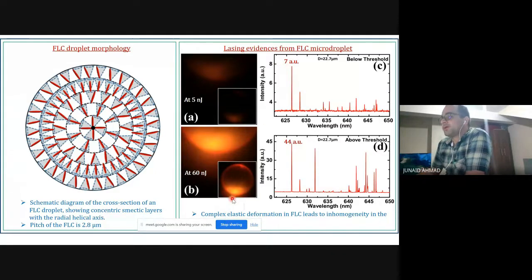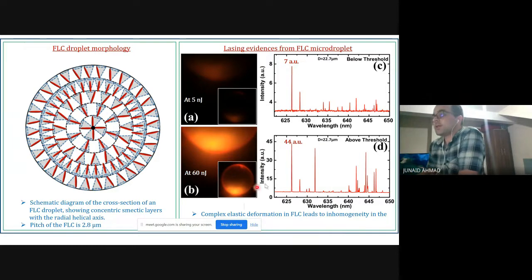And when we keep on increasing this pumping energy, we find that the speckle gets in a strong contrast, which actually shows coherent emission here, and the light is trapped very strongly. This results in the increase of intensity in these peaks, which suggests that this could be because of lasing action that's taking place inside